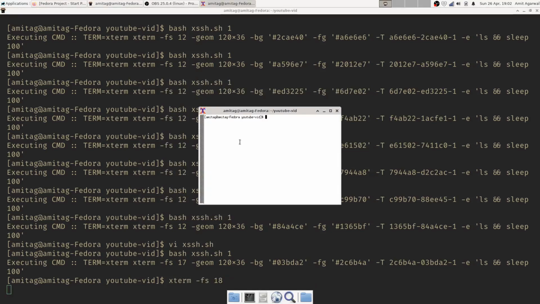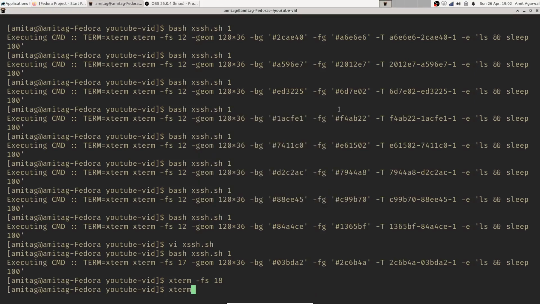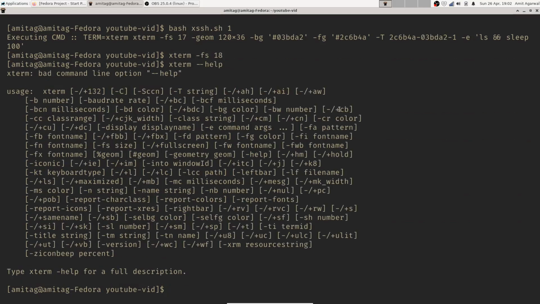Okay, this is, for some reason it is not working. Let's take a look. So BG, yes, color display, content fs.